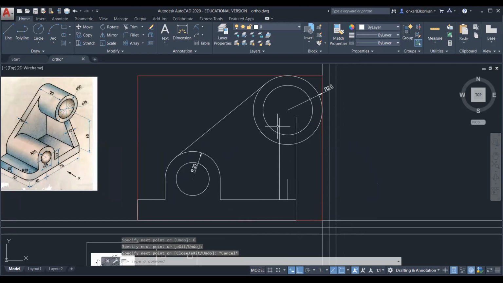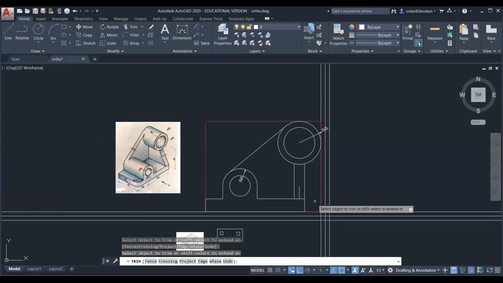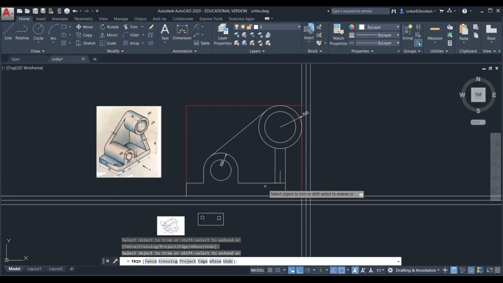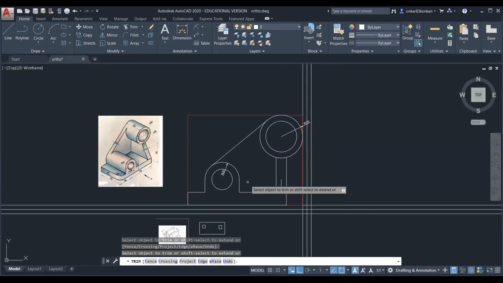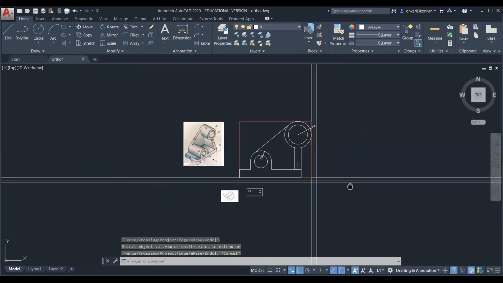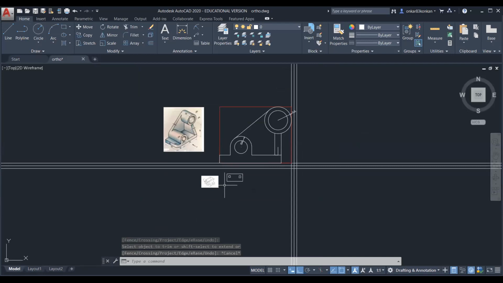And you can remove this extra portion. Okay, so in this way, you can complete the front view. And then you can give the dimensions. So even you can remove this reference rectangle. So I hope you have understood how to draw the front view.